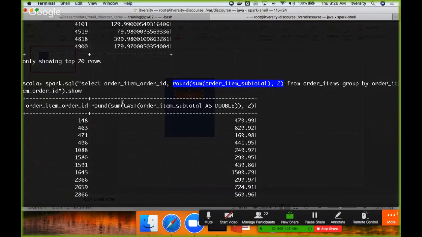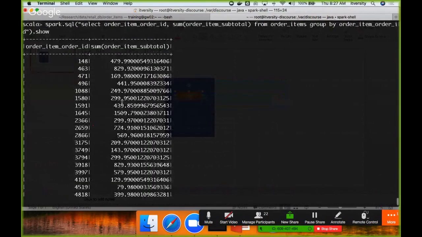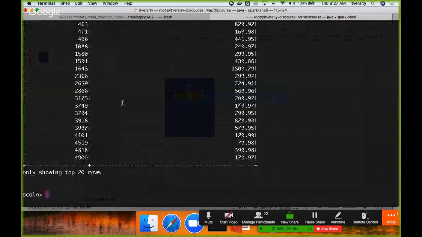So don't worry too much about that. We will talk about it later. It is internally performing some type conversions because we are using round. Okay. So that being said, this is a brief overview about how you can